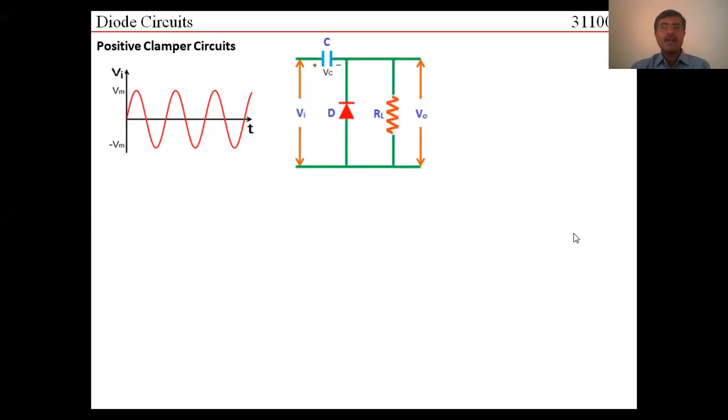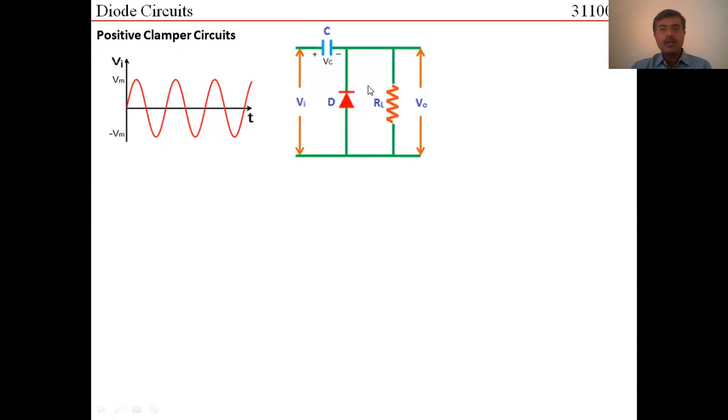Let us start with the positive clamper. Let me share the presentation. Fine. So what we have in a positive clamper compared to a negative clamper, the direction of the diode is